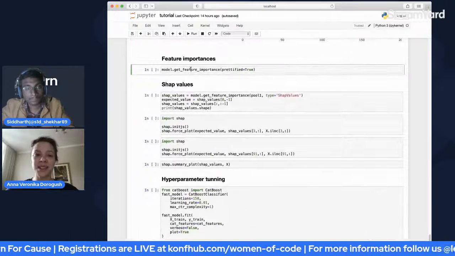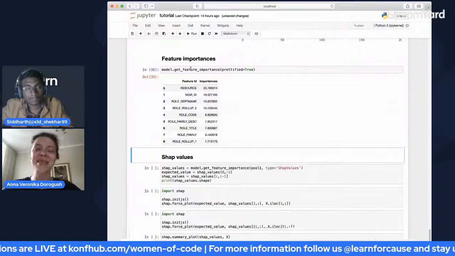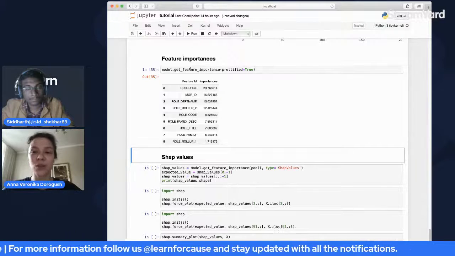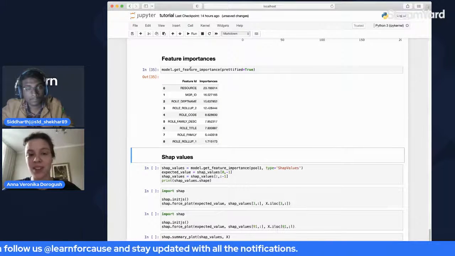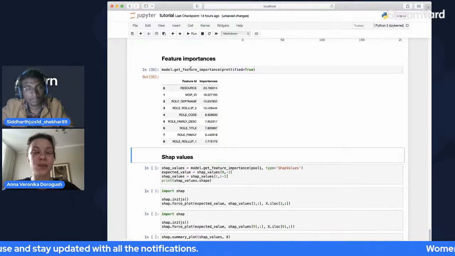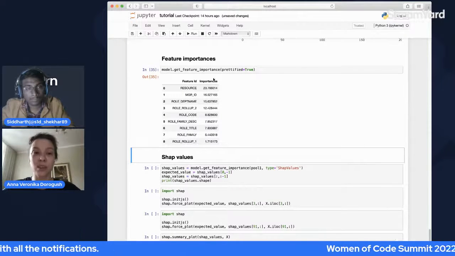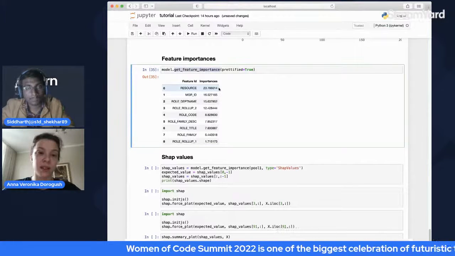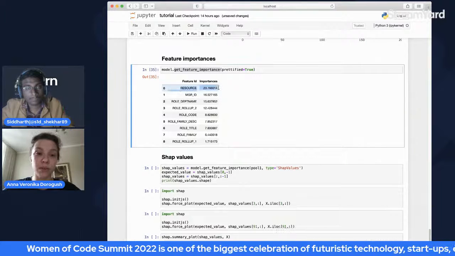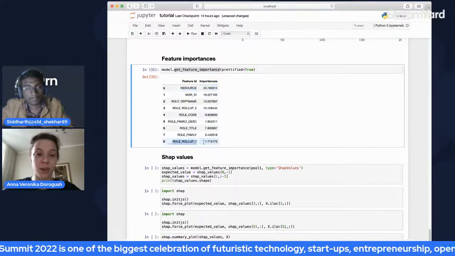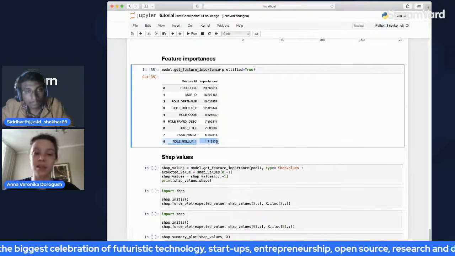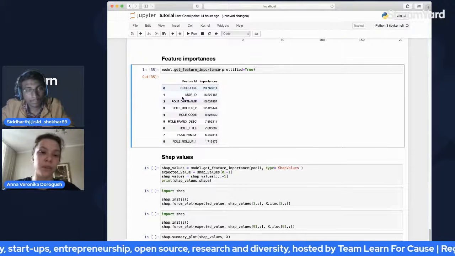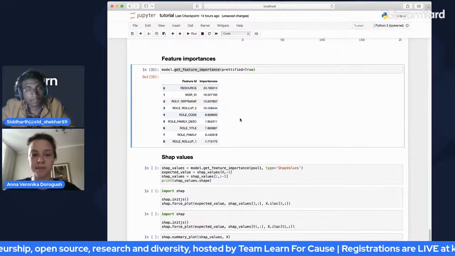The next important thing is feature importance. It's really important because sometimes you have a lot of features and you don't really know which ones you should use. Some of them are trash. Some of them are good ones. To select good features, you train a model and then you see the feature importances. For this particular model, you can see that the most important feature is the resource and the least important is this one. So maybe you can try throwing it away. And it's good to know what the top important features are.